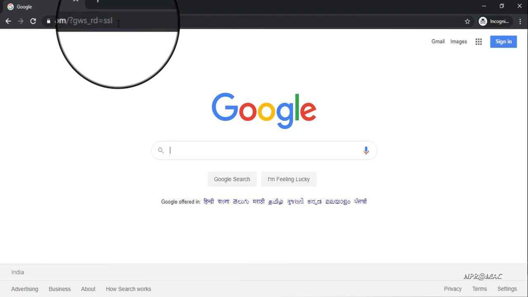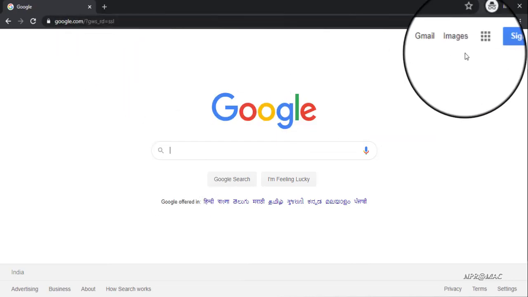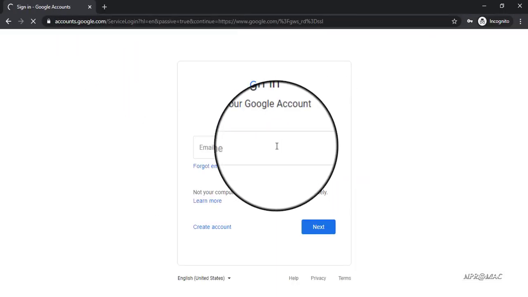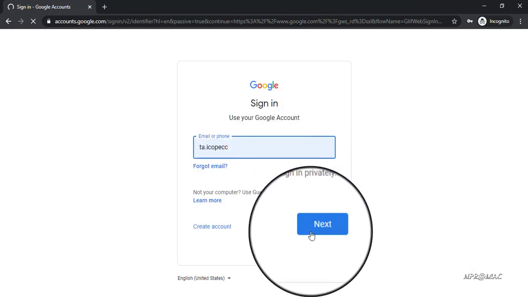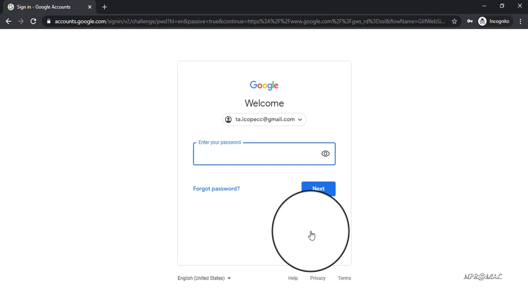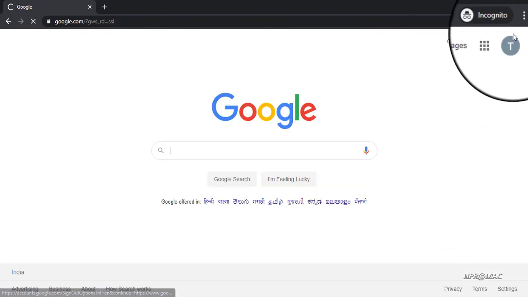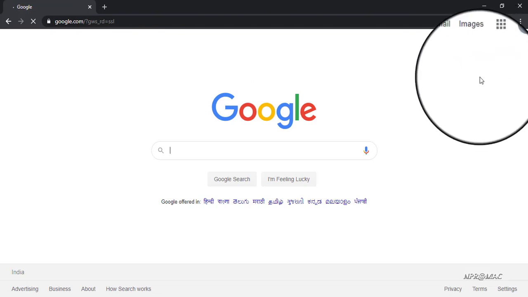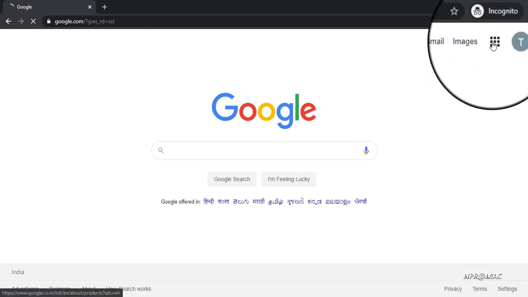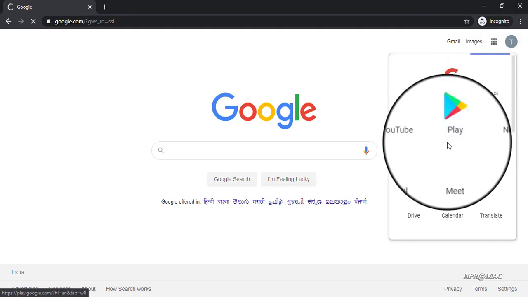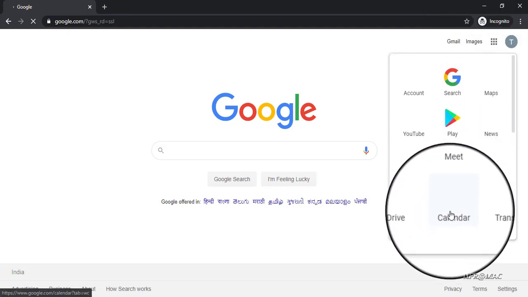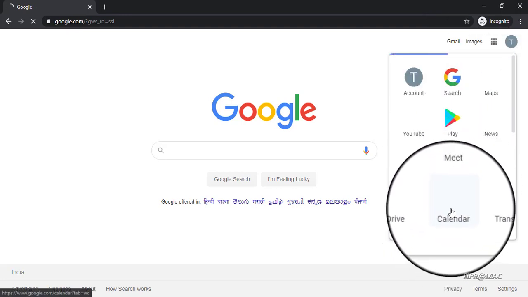First of all, open Google on Chrome browser and log into your Google account. From the Apps menu available at the right top corner, select Calendar.